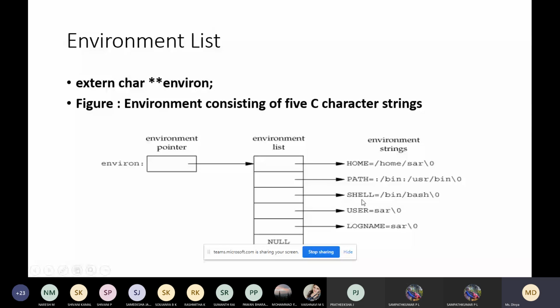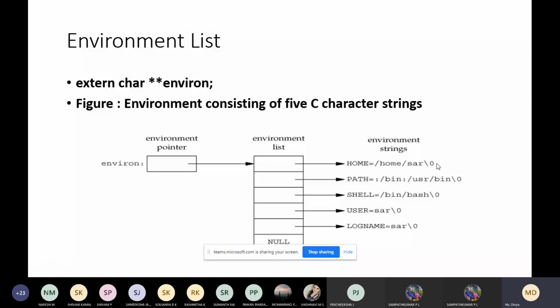They are built-in commands. You have studied them in the first or second module, the different built-in commands, like home, path, and all. These all come under the environment list, and they have addresses which are null terminated, similar to strings in C.